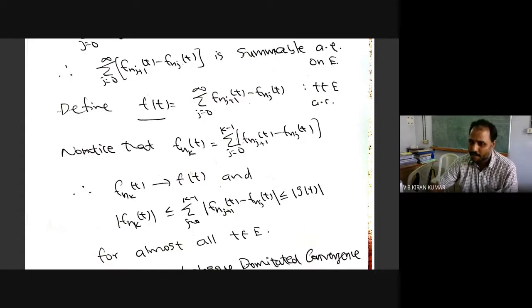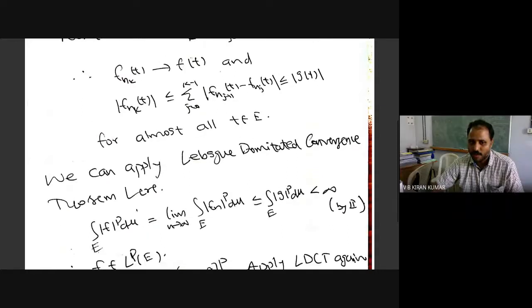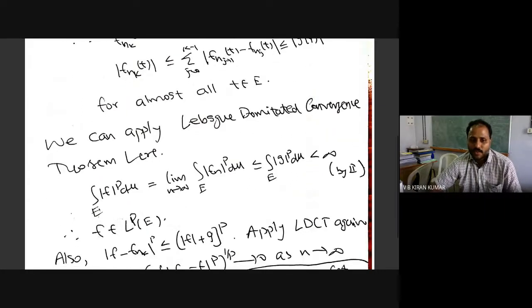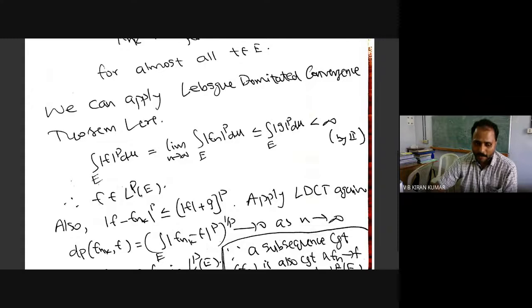What can you apply now? f_{n_k}(t) is dominated by an L^p function, so you can apply the dominated convergence theorem, and we obtain whatever we need. You start from the integral of |f|^p. You can interchange the limit and integral, so it is the integral of the limit of |f_{n_k}|^p. But |f_{n_k}|^p is bounded by |g|^p, that is what we have seen, and this is finite. Therefore our candidate is eligible now, because our candidate f is in L^p.